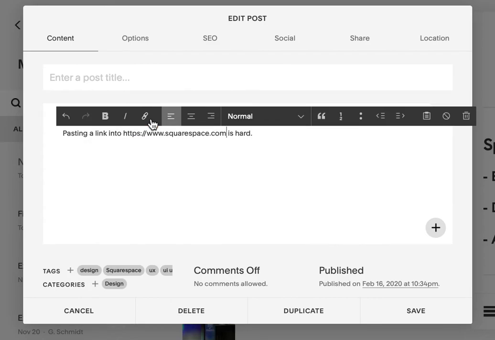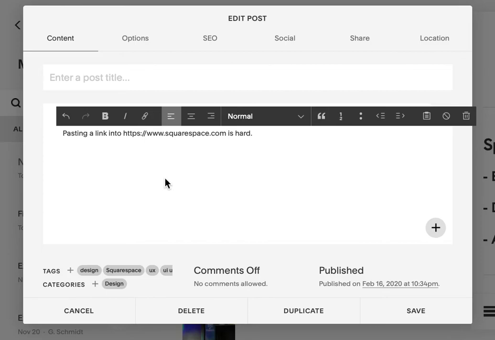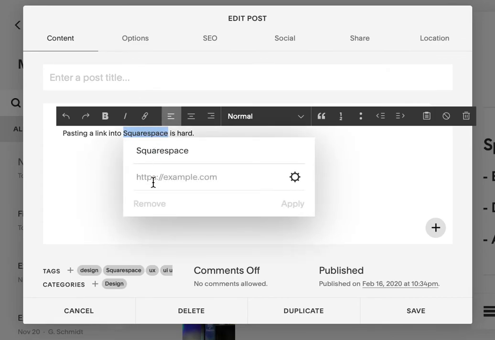And so this I always screwed up, and it just really drives me bonkers because I would like to be able to go Command K, which is the shortcut for link, and then automatically just go Command V and insert a link. But you can't do that because the only way to get the URL to work is you have to manually put your cursor here under this example text. And my understanding is that there's even some reason to believe that putting example text inside of text boxes decreases usability because people don't realize that the text box is empty and they need to fill it with something. But anyway, you have to then manually paste it, and then you can click apply.